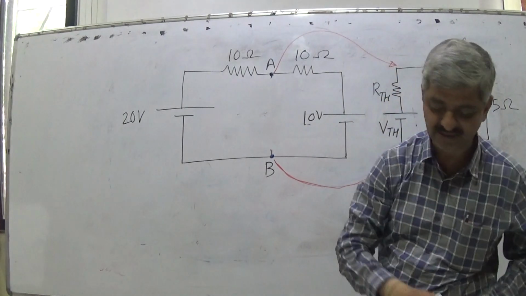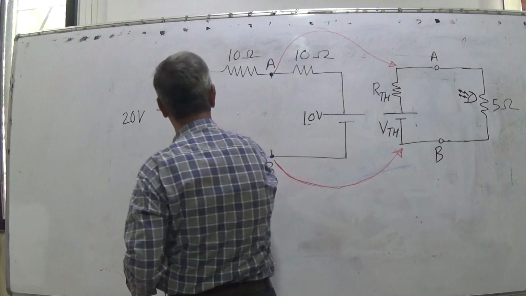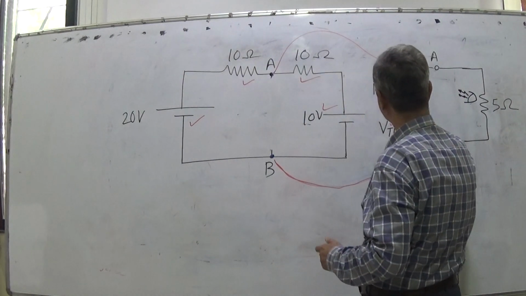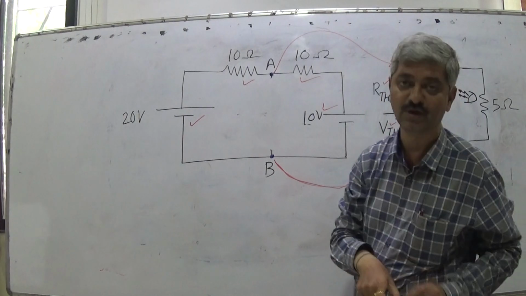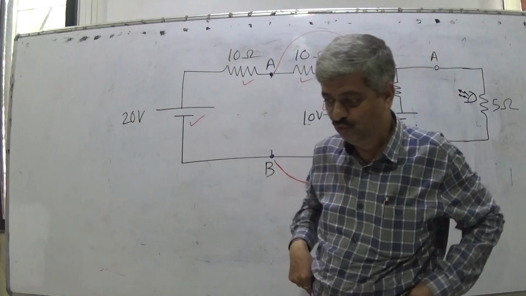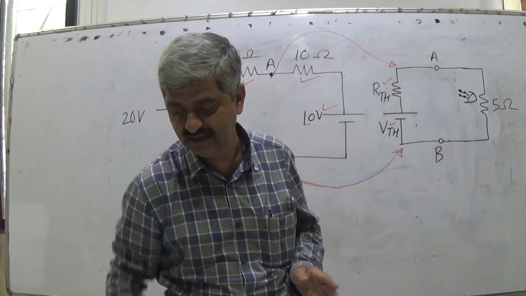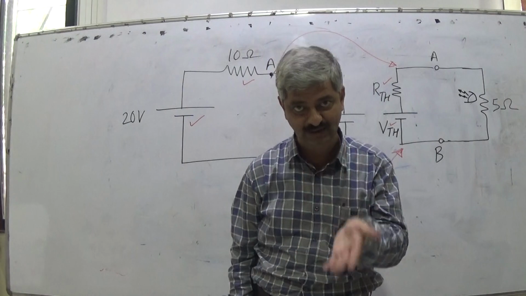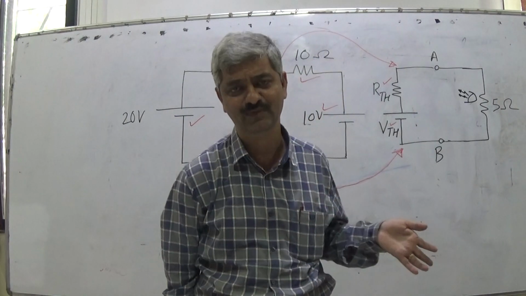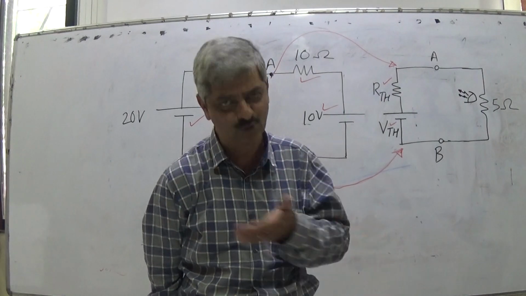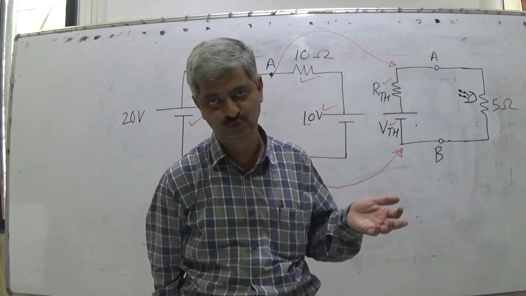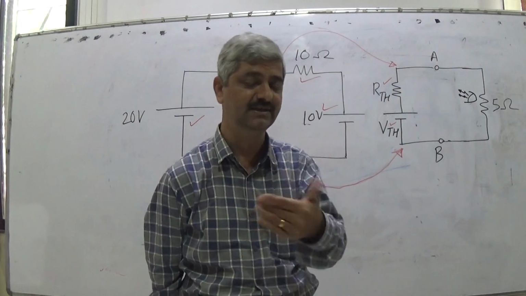Based on all these four values, you have to compute VTH and RTH. How will you compute VTH? How will you compute RTH? So I have given a hint. Those who could not find the answer previously can again pause the video and try to find the answer, and after that they can resume and verify it. Those who are unable to find it can continue watching the lecture and they will understand. Those who are attempting will also understand after they resume.